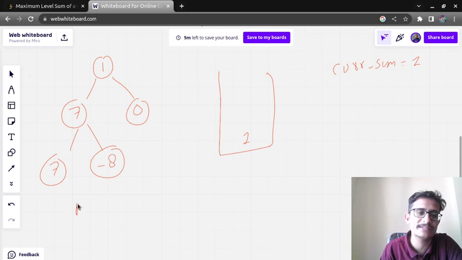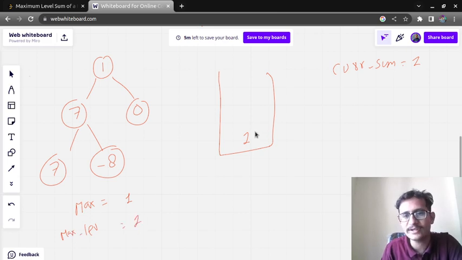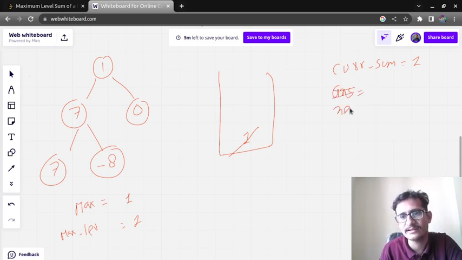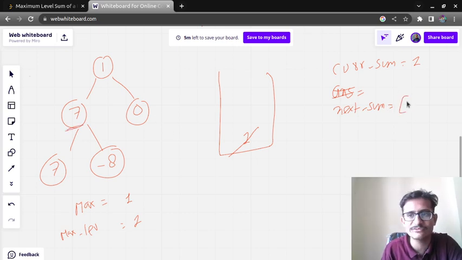Our maximum sum was minus infinity, so maximum sum will now become 1 and maximum level will also become 1. Then we added a new array, the answer, or what we can say the next level array. In the next level array, if there is a left child we inserted the left child and right child. So now in this queue we have two elements.